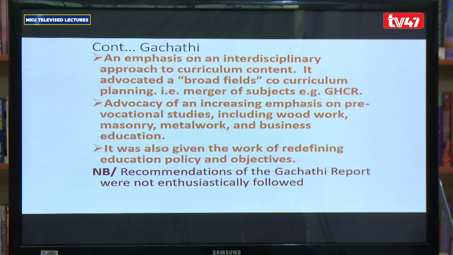It also emphasized an interdisciplinary approach to curriculum content. It advocated for broad fields curriculum planning, merging subjects, giving us GHCR, among others. It also gave the work of redefining the education policy and objectives to the school